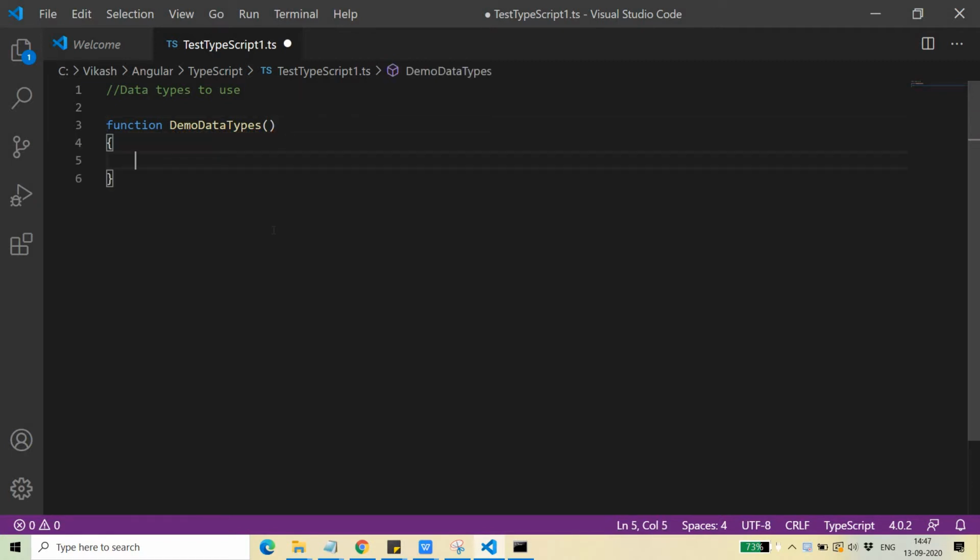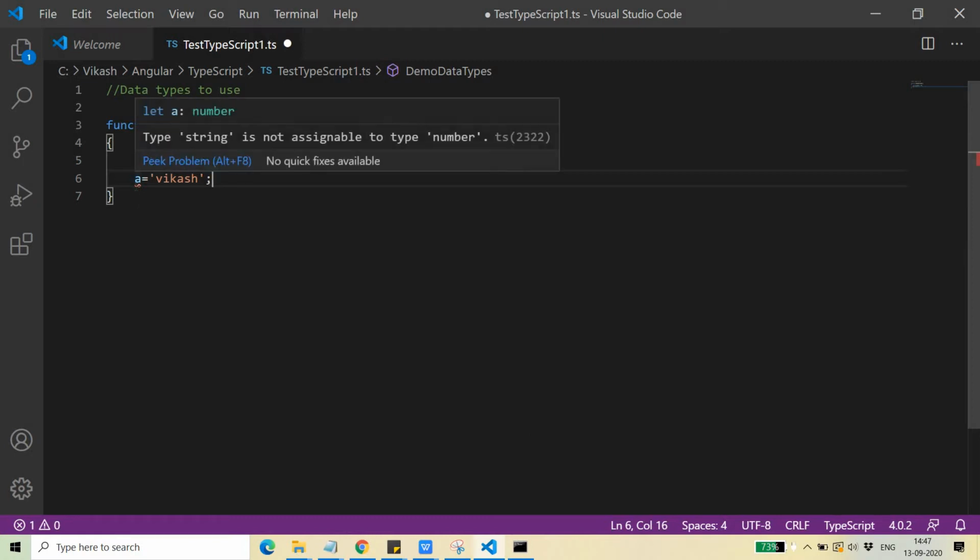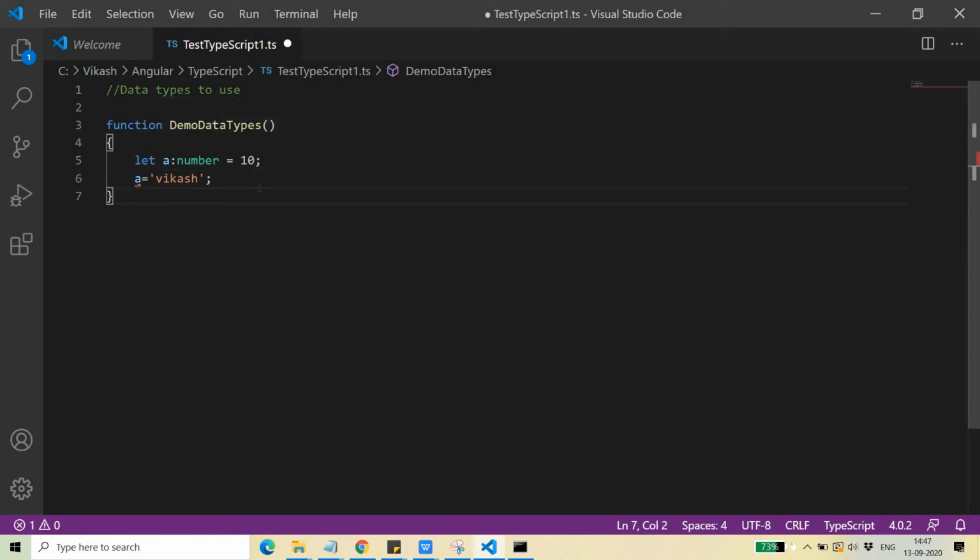So here there is one data type, let a. If you have to create any data type which takes a number, then it will be number. And if you provide something else to it, like Vikas, then it will give you errors, right? You can see there is an error here. Type string is not recognized. If you have to use any string, then you give this string data type, and then you can provide it like Vikash or something else. And if you provide some other value to s, then it will give you an error. Then we have the Boolean data type, which is like this, and here you can provide either true or false.